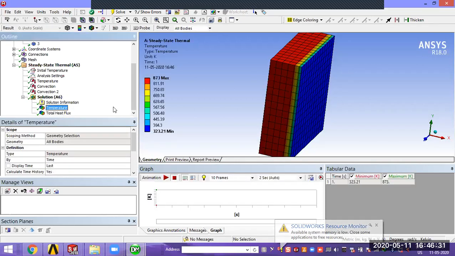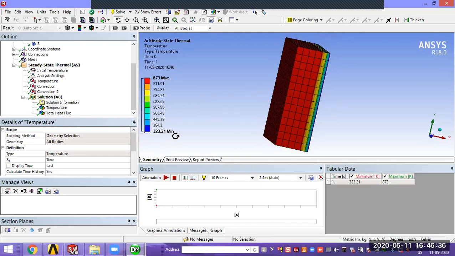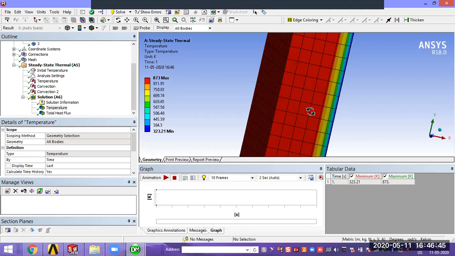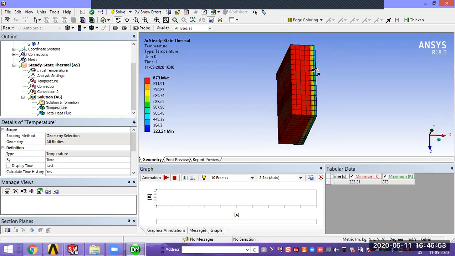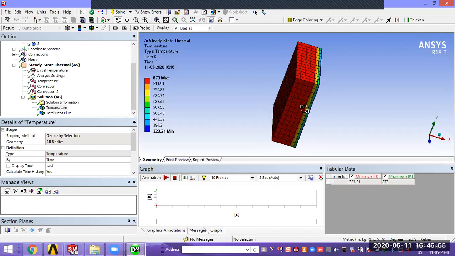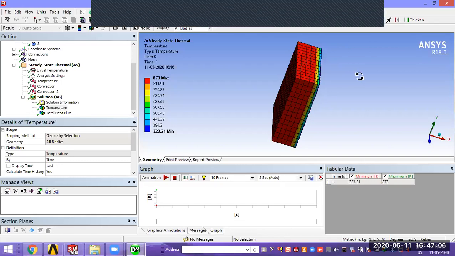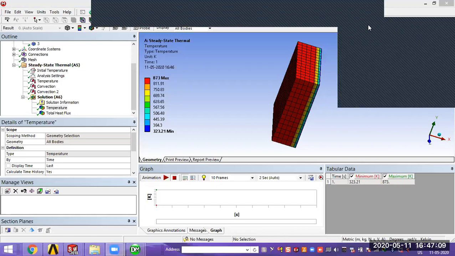Now check the temperature. At the end, some small variation is there. Before it was 853 something, now you are getting 873. This layer's temperature also has a small variation. Why? Because we considered convection here also. Maybe you can consider it at the top and bottom too. Mainly inside a CPU with components, if the fan is rotating, convection is going on in all directions. We are going to consider simple examples like these.